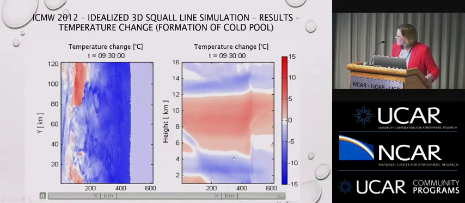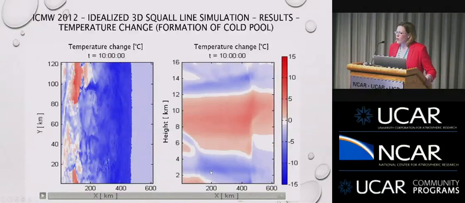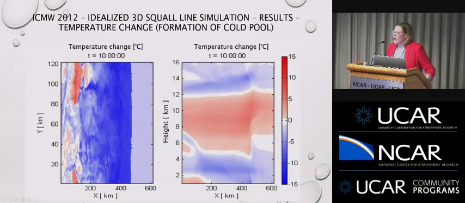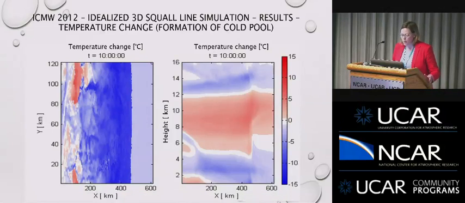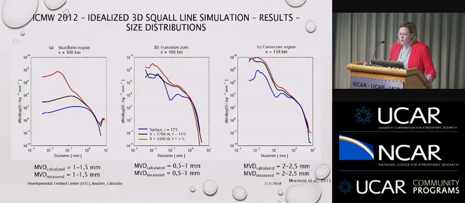You can see here how the cold pool formed below the stratiform region. Also, the rear inflow is here, and during the whole simulation, it's about minus 10 degrees, the change related to the original or the initial temperature. But I think the most important and interesting part using bin microphysics is we are able to describe and measure